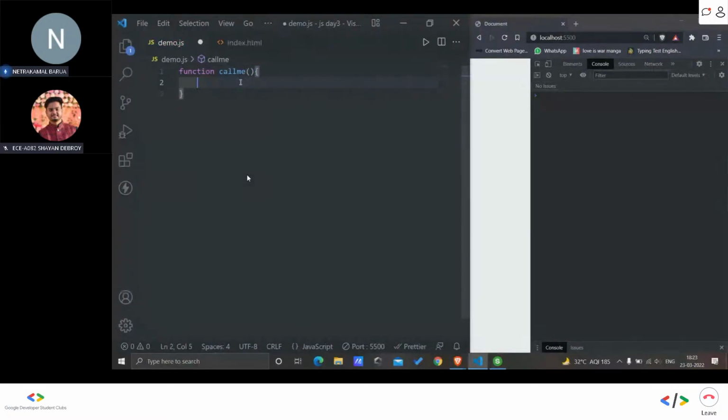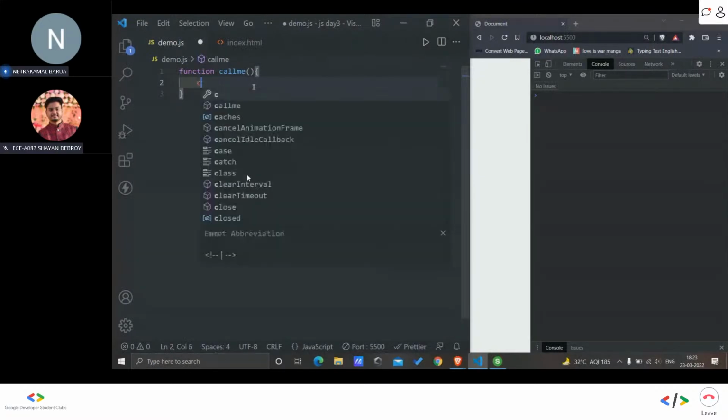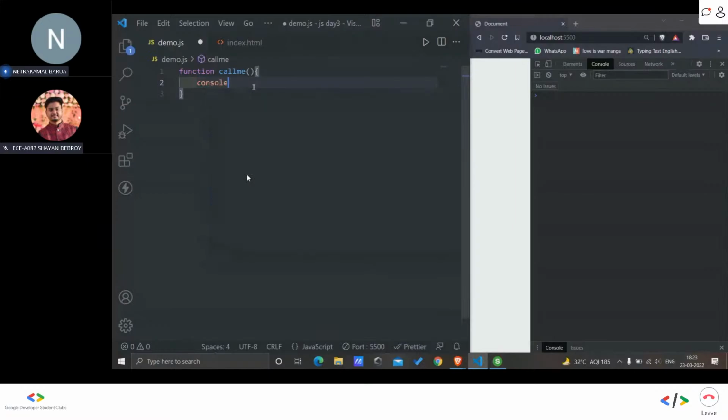So this is the syntax to define a function in JavaScript, and let's console something out here, like "callMe has been called." Now let's try to call this function and use it in our code. So to call a function in JavaScript, we need to